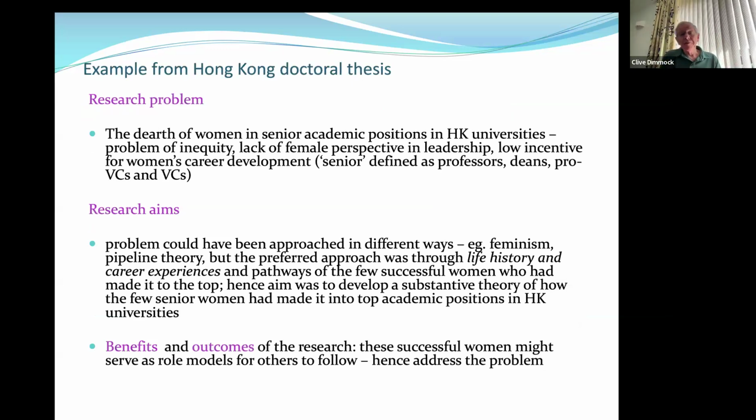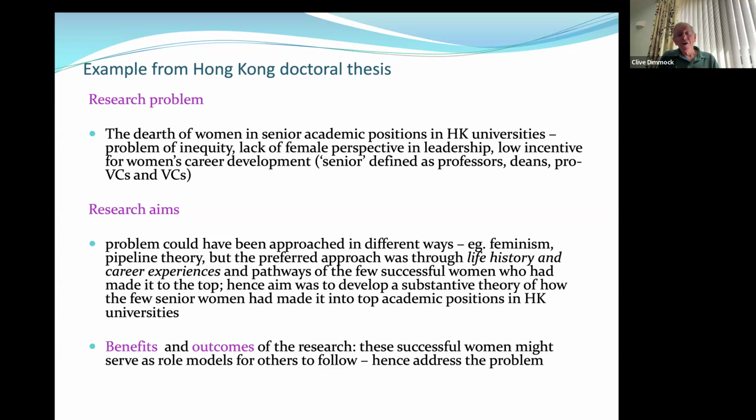So I'm going to give you an example. I thought it would be very helpful for me to stop talking in abstract terms and talk about an actual example. This was a Hong Kong student. I used to teach in Hong Kong University, and this student actually was the one who won the best international prize for her doctorate. And she identified the research problem, which was the dearth of women in senior academic positions in Hong Kong universities. This was done about 15 years ago, by the way, so it may have changed